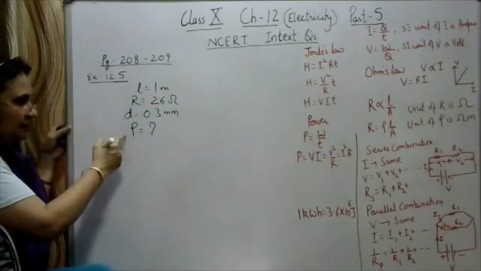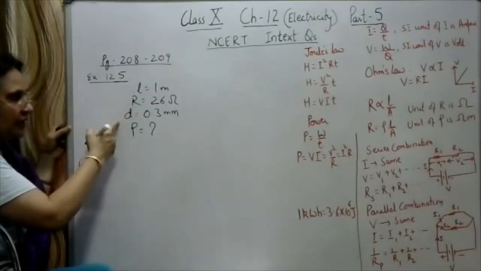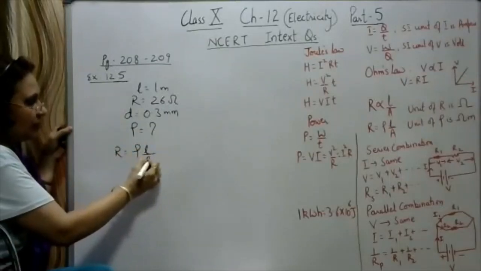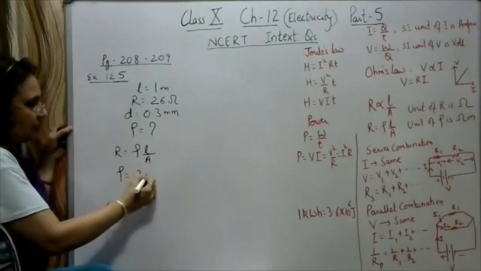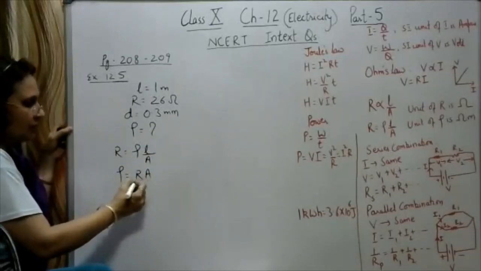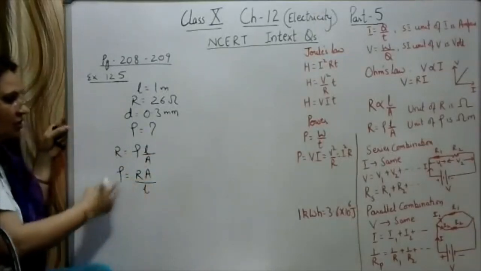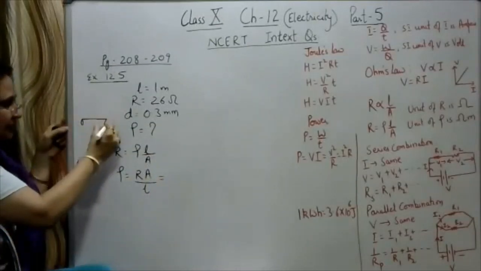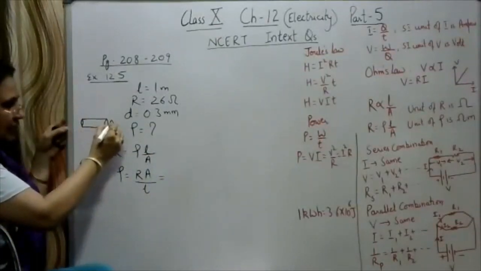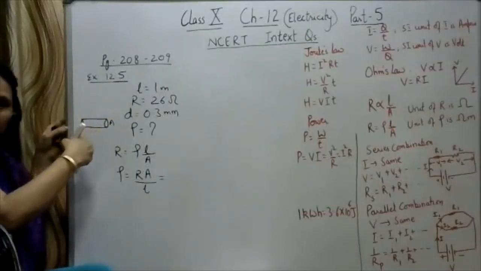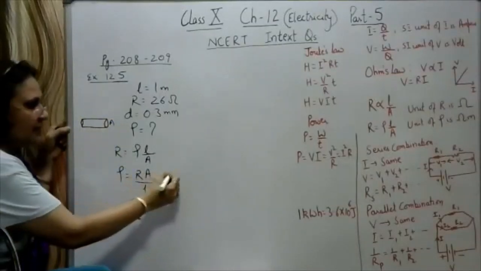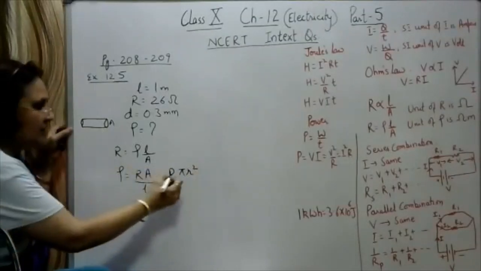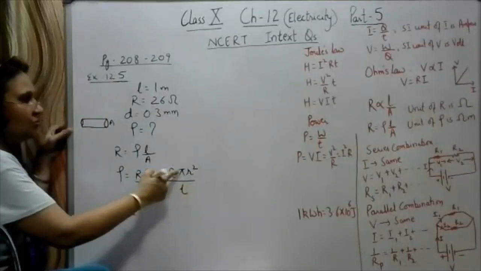Okay, we know that. How is resistivity related to length and area? R is equal to rho into L upon A. Hence, the resistivity is equal to resistance into the cross-sectional area upon length. Now, what will be the cross-sectional area of a wire? As we know that wire is cylindrical, so the cross-sectional area of a wire is circular, and the area of a circle is pi into r square, where r is the radius. So this is the formula which we have to use.